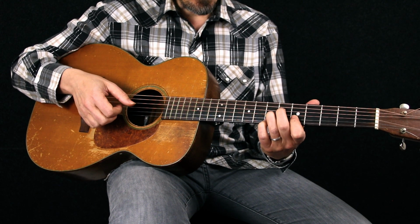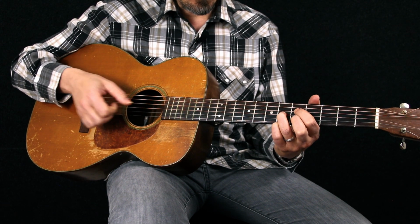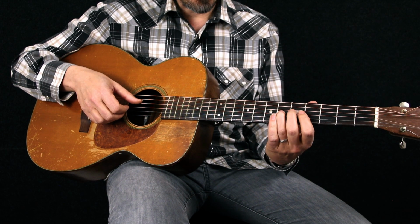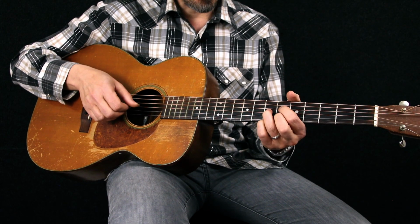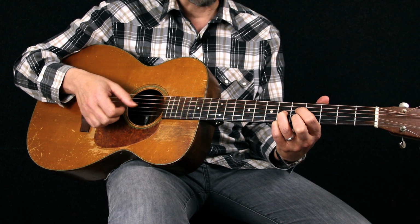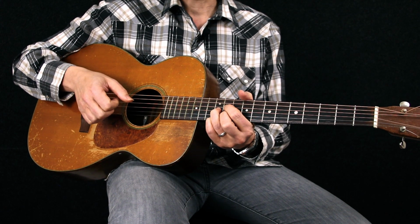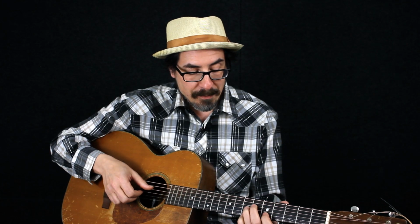So in this case, we're taking these 4 notes and we're crushing them down to that. So the 3rd is going down a fret, the 7th is going down, the 5th is going down a half step, but the root is staying in place. So basically, you take an E7 chord, you move everything down a half step or 1 fret, but the root, and you get the diminished chord you want. And since diminished chords are symmetrical, as anybody who's ever watched a Dudley Do-Right cartoon knows, you can do the same thing to any one of the 4